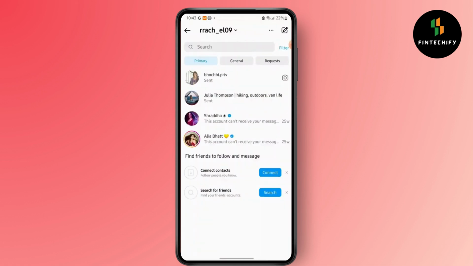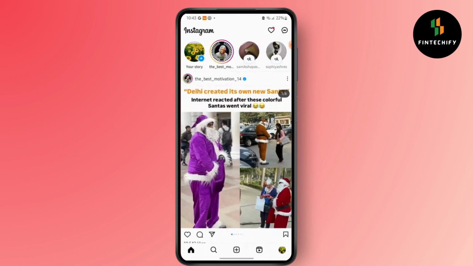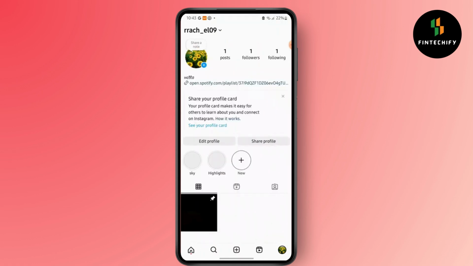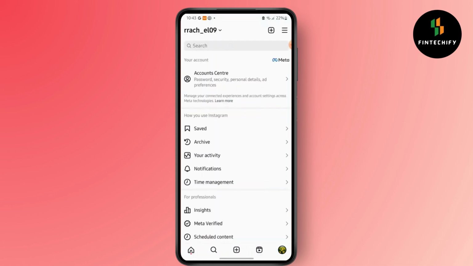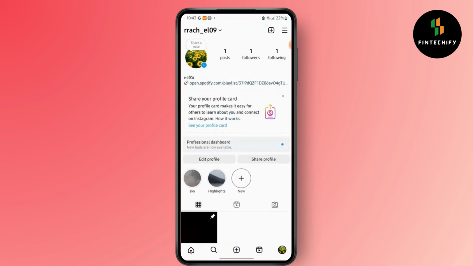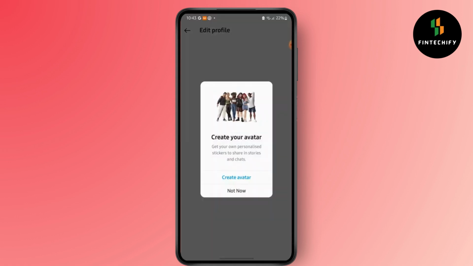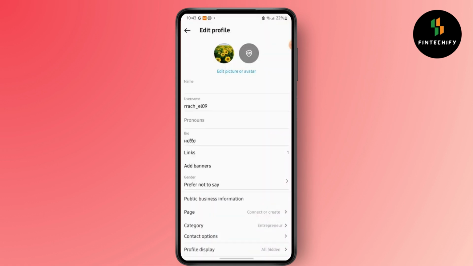So first, launch your Instagram and then tap on the profile icon from your bottom right corner. Then from your top right, go to the menu bar. Sorry, you will see an option of edit profile in your profile icon, and then here you will see an